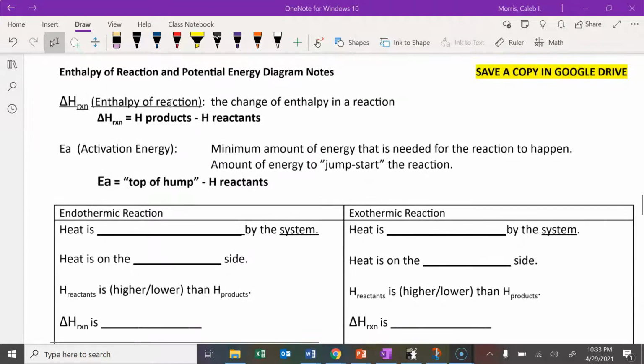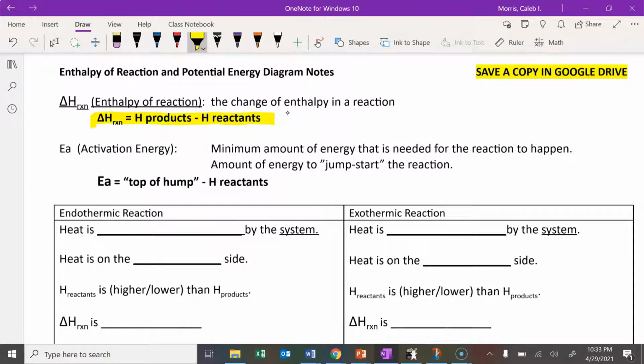The enthalpy of reaction, again, this is just a reminder from what we learned already today, is the change in enthalpy of the reaction. And the way that you determine it is by subtracting the enthalpy of products minus the